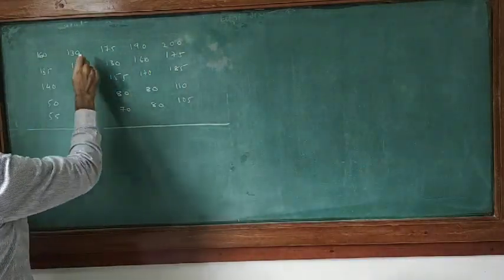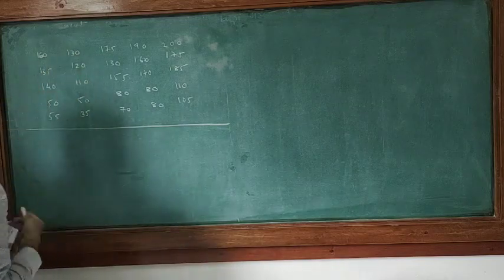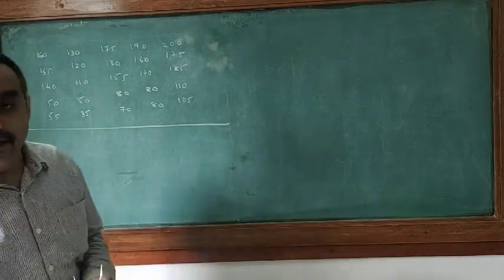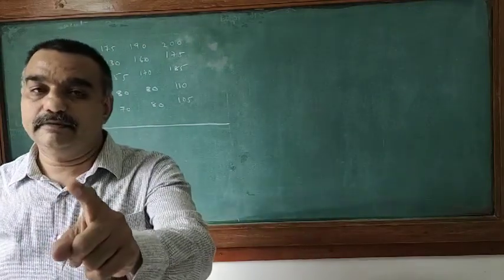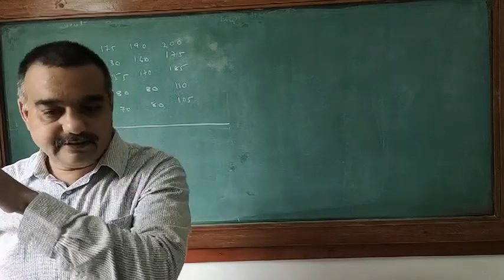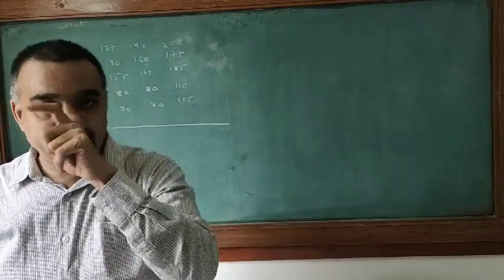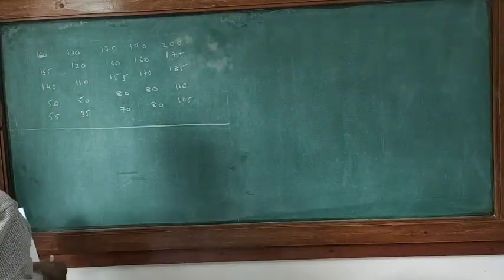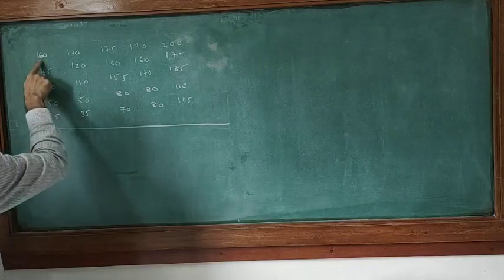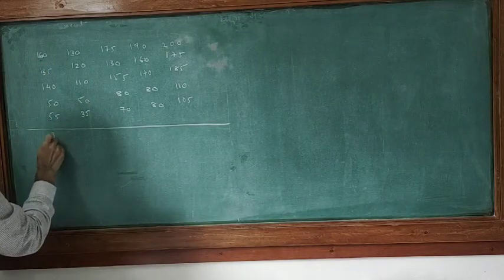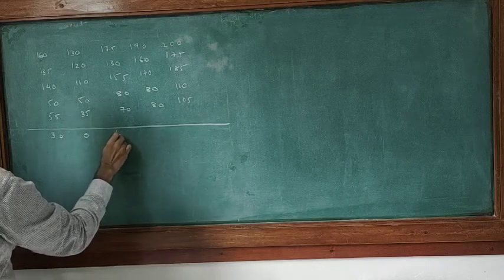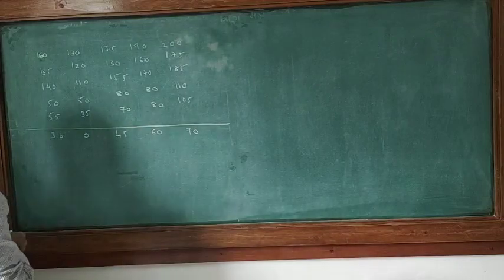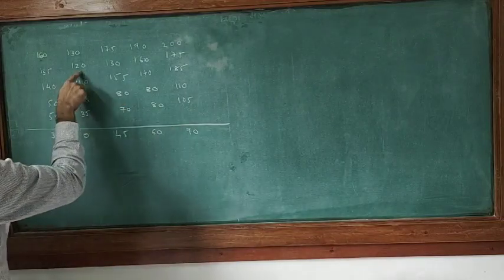in the first row we choose the minimum value, which is 130. Subtract it from each entry. Find the minimum value of the first row and subtract it from each entry of the first row. I find 130 is minimum and therefore we subtract 130 from each of these, which gives 30, 0, 45, 60, 70. Then 120 is minimum,